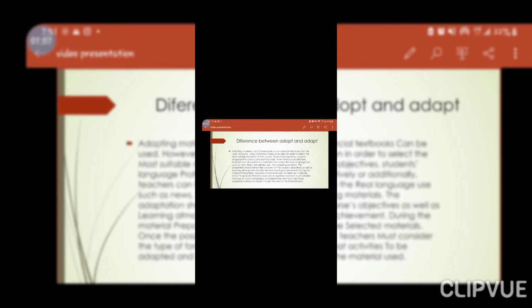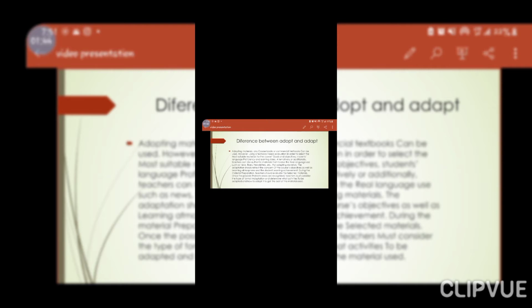During the material preparation, the materials should be evaluated and selected, and possible problem areas are recognized. The teacher must consider the type of format and adaptation, and determine what activities to use to adapt, and how to adapt it, in the best material to use. So the teacher has to measure all the materials for the students and evaluate every area